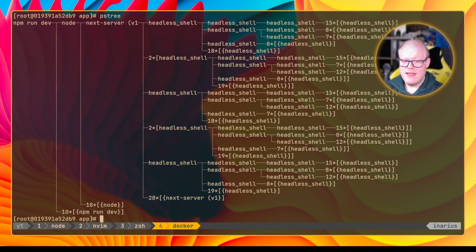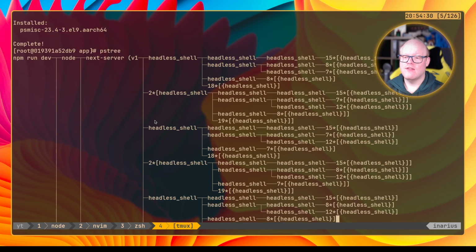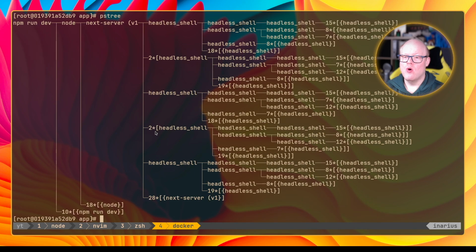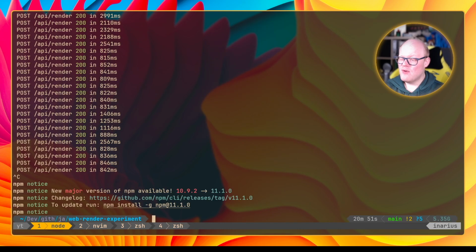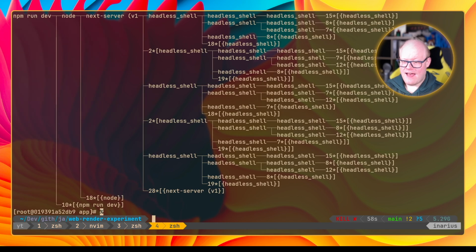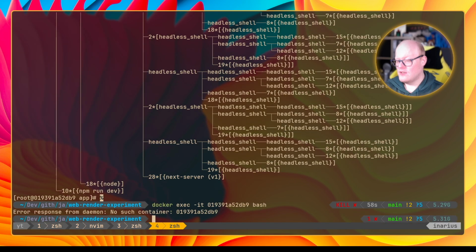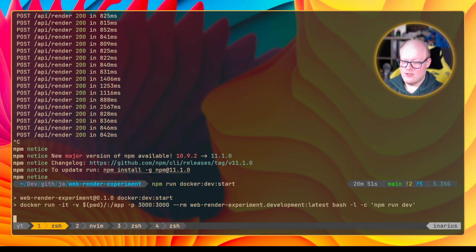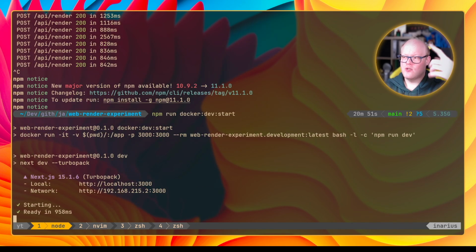PS tree. How many? Okay, maybe we did something wrong there, because there are a lot of different headless processes. Maybe they are not really bound anymore. Let's quickly see if we may have just... Oh yeah, now it removed the container. Makes sense. Okay, let's restart that, and then let's see, because we did all the rebuilding when changing things,